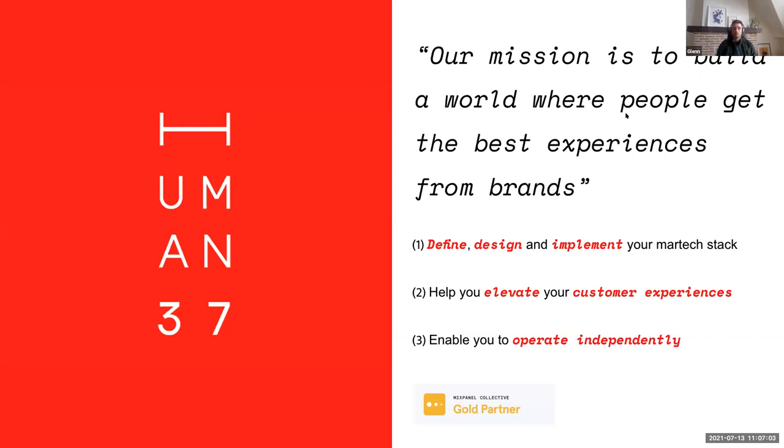We are a customer data strategy agency, and we help organizations turn data into customer experiences. Our mission is to build a world where people get the best experiences from brands. We do that by helping organizations define, design, and implement their marketing technology stack, helping you elevate the customer experiences you have through the technologies you've just implemented, and then last but not least, enabling you to operate this independently.